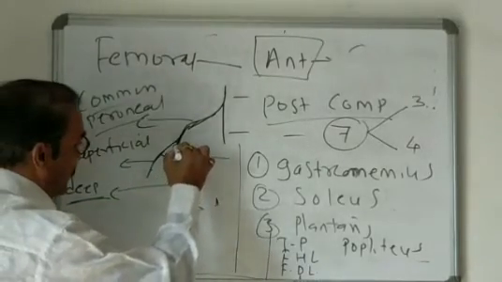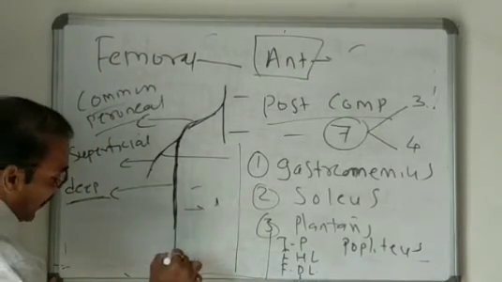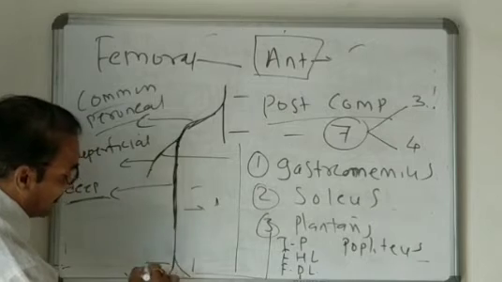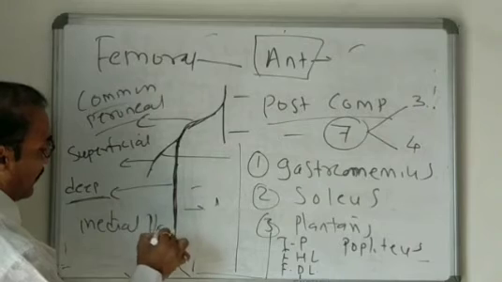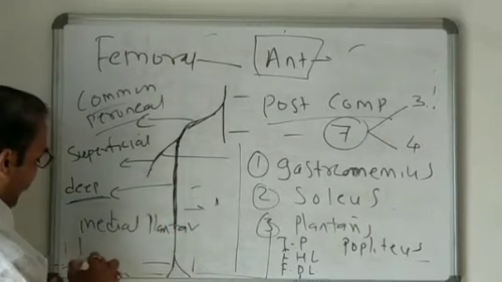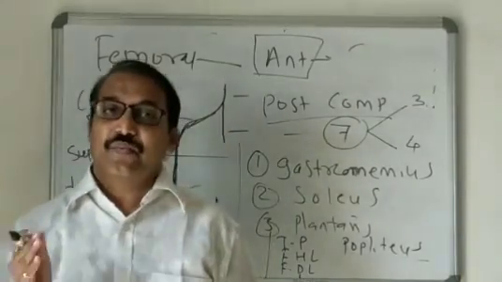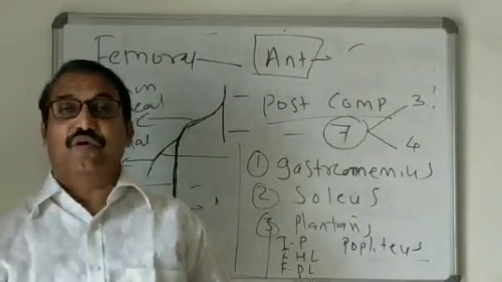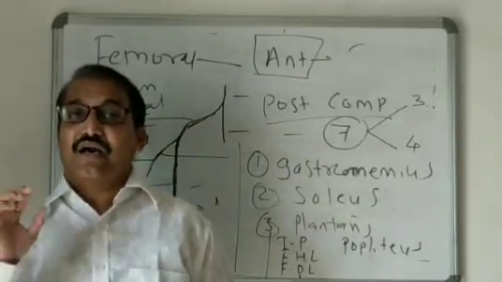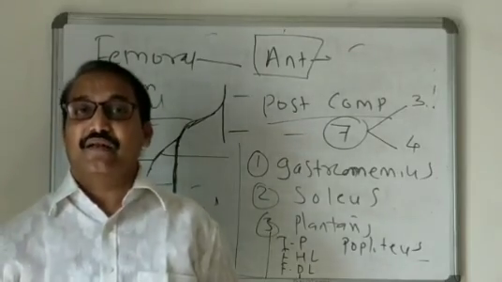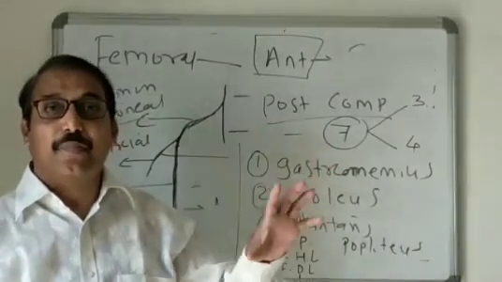After supplying all these muscles, the tibial nerve enters the foot region. In the foot region, it gives 2 terminal branches: the medial plantar nerve and the lateral plantar nerve. Remember, these 2 nerves supply the medial as well as lateral region of our foot. In the foot, we have 4 layers of muscles, and all 4 layers are supplied by the medial as well as lateral plantar nerve. So this is a gross idea about the blood supply and nerve supply to the lower extremity.